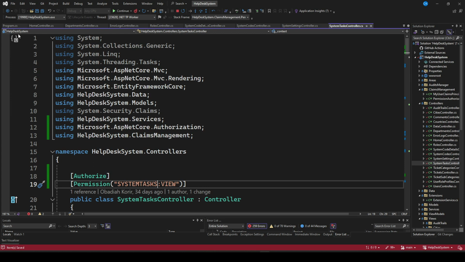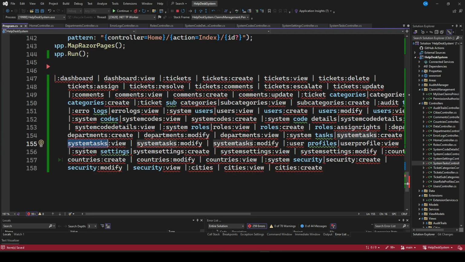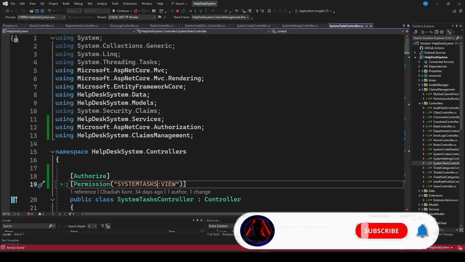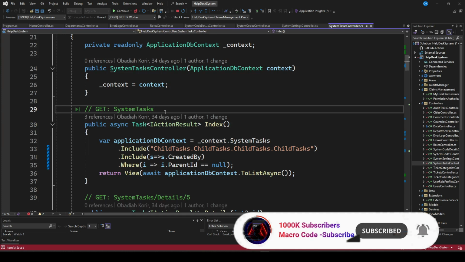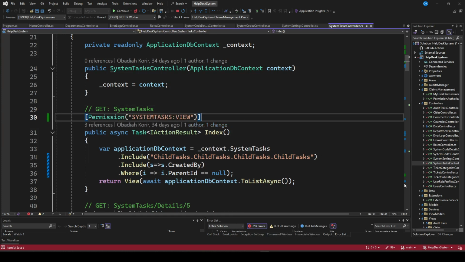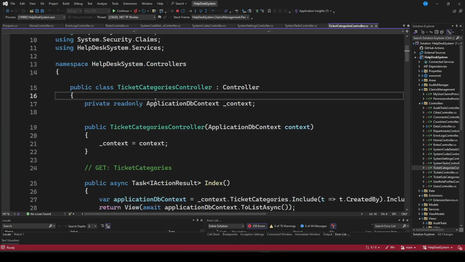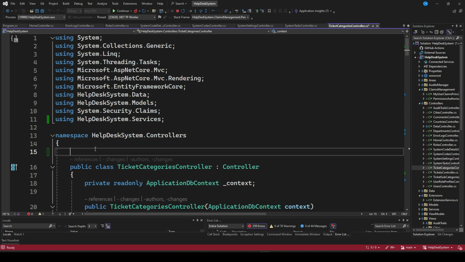System tasks. So confirm the name, system tasks. So that is it. You can also copy this and have it here. If you just do that, then that is okay. You also have the categories. You can also do here